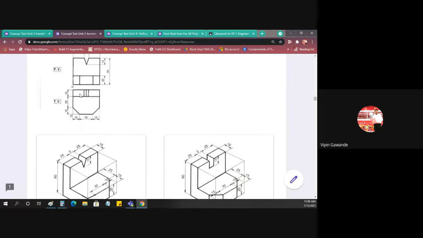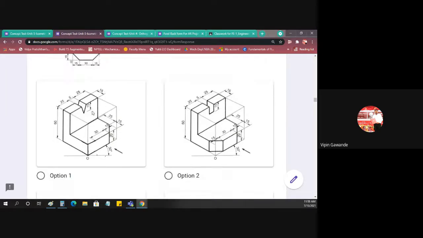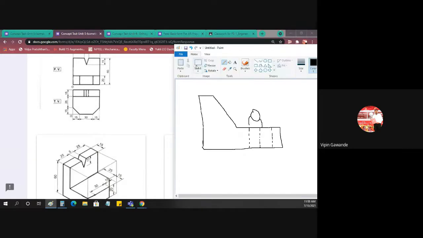Now in the top view, what will we get? 1, 2, 3, 4 rectangles and this surface. So 4 rectangles, see whether they are there. So this is 1. Because of the V, we'll get 2 rectangles here, 1, 2. So 1, 2, 3, and 4. Now that V surface is something like this. Just see this one, this V surface. The V shape appears something like this.